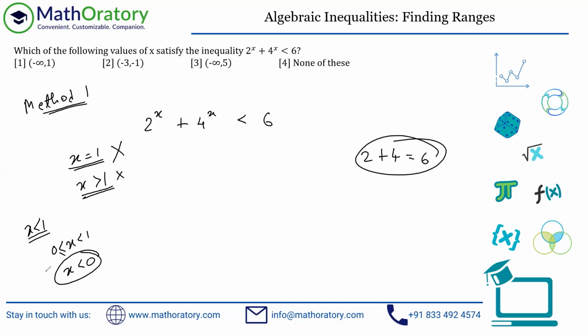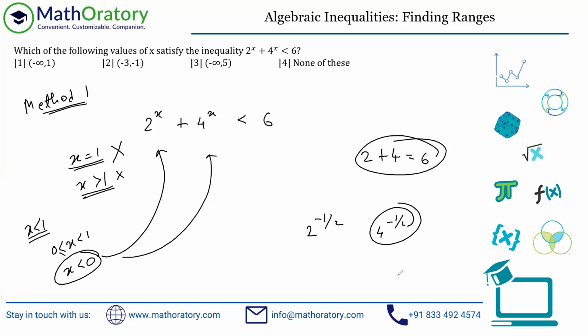That is actually very, very easy because whatever negative you substitute here, let's say 2 to the power minus 1 and 4 to the power minus 1, this is 1 by 2 and 1 by 4. Both are less than 1. Of course, that is less than 6, right? Yes, if I take something like a fractional negative, for example, 2 to the power minus half and 4 to the power minus half, this thing is 1 by root 4, that is half, and this thing is 1 by root 2.